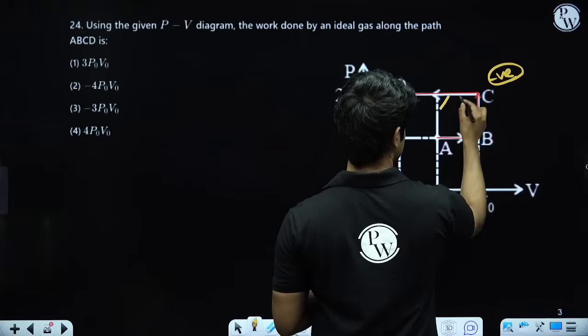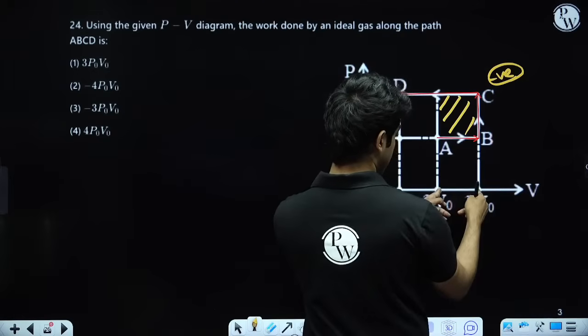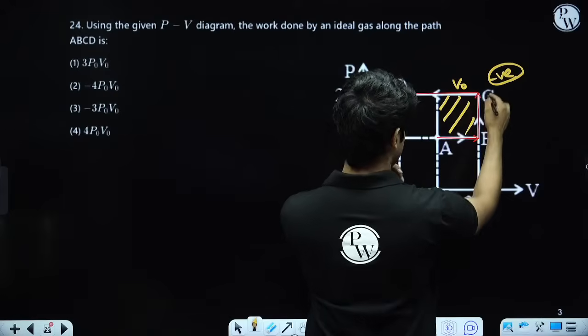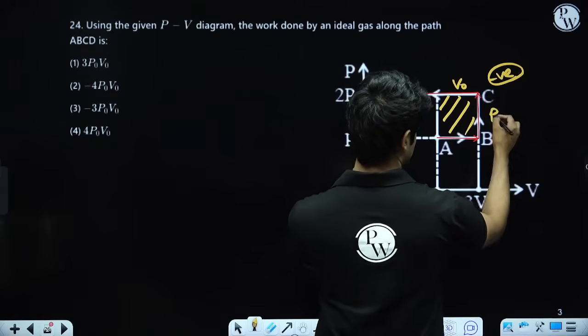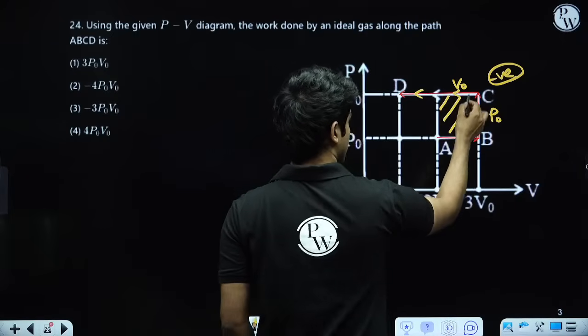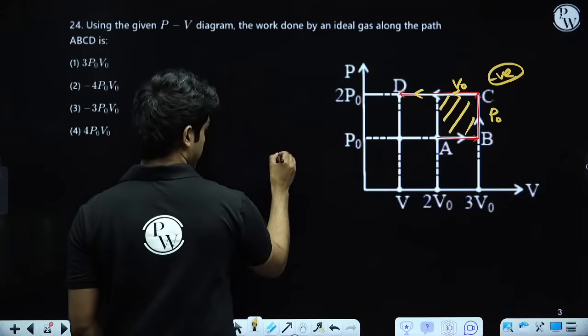So the area of this part is going to be, the base length is V0, and the height is going to be P0. So just P0 V0, but because the compression process is the dominant one, it will be negative. So minus P0 V0,